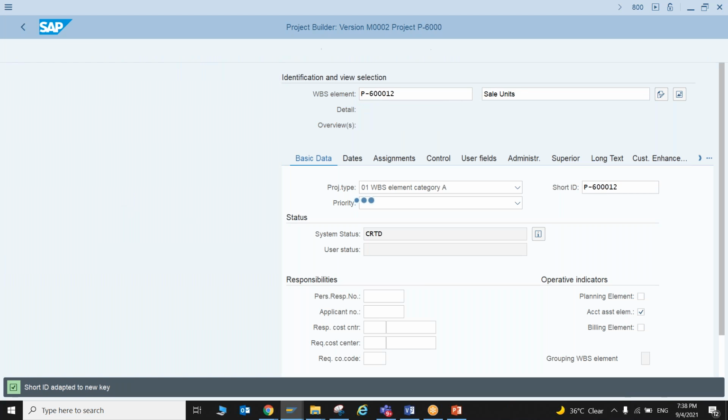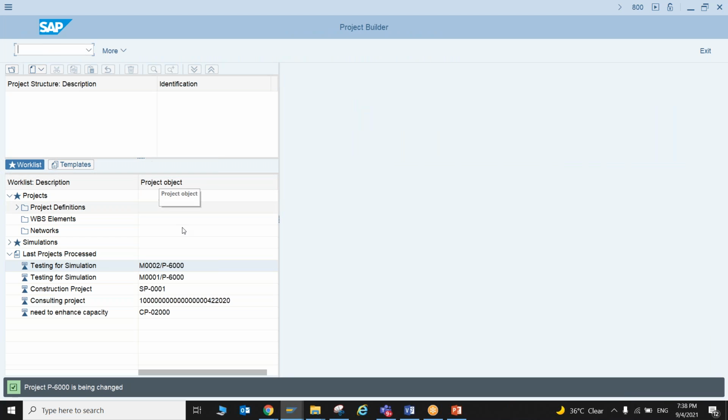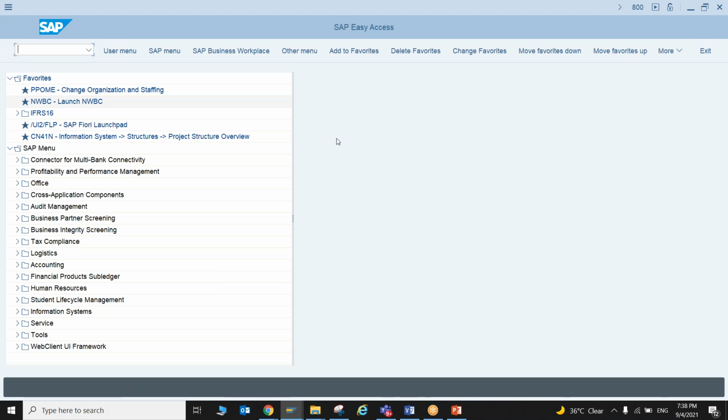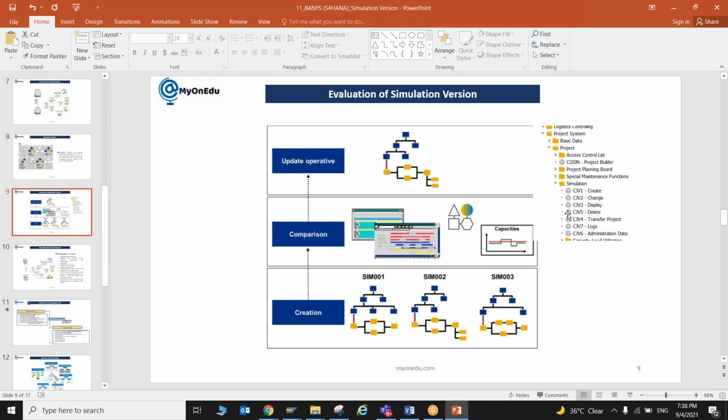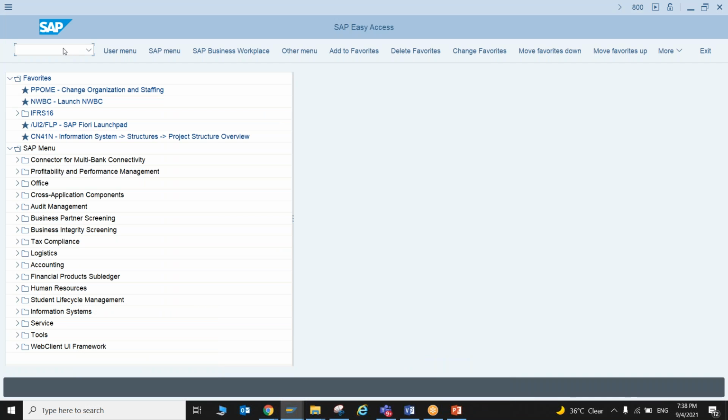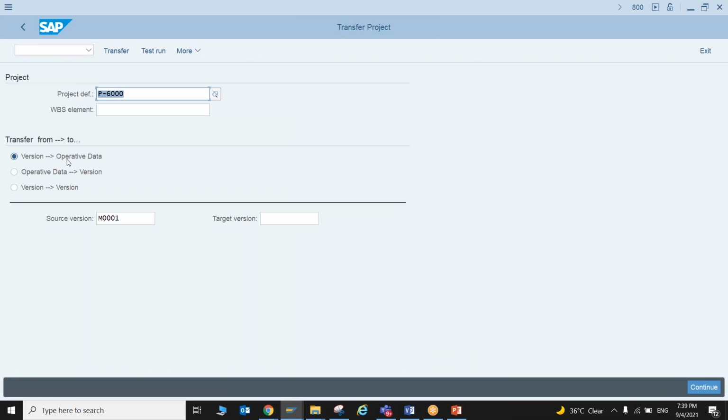So now I'm having two simulations, and if you want to transfer from simulation to operative, what is the transaction? The transaction is CJV4. You can see it here, CJV4. So we can transfer it again. You go here in the system, go to CJV4, and now we are transferring from version to operative. So in version we will have a key, but in